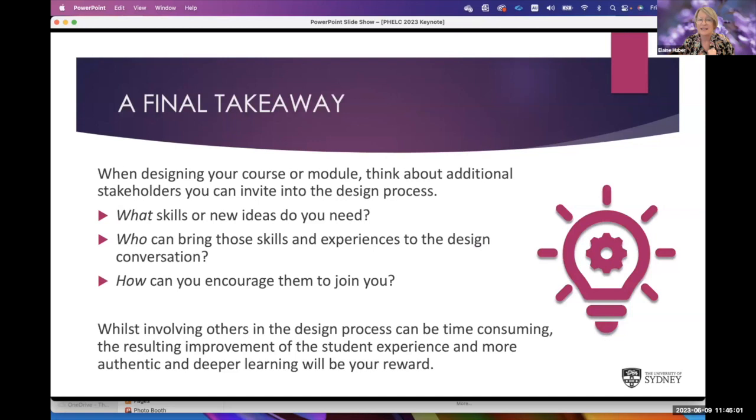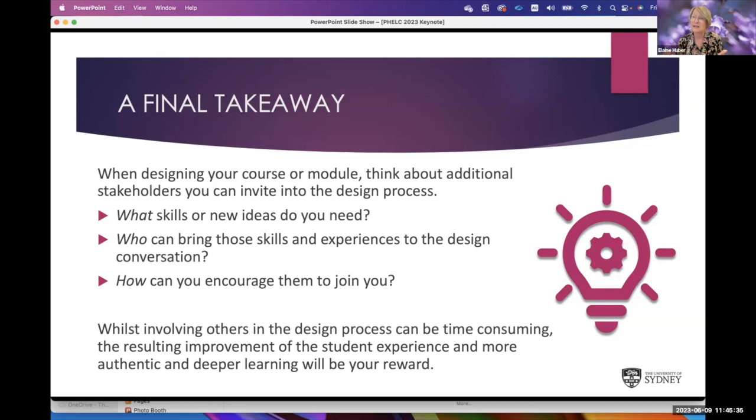So finally, takeaways. If you're thinking about network teaching or co-design, think about what skills you are lacking, what things you might need to help you in this process, and then identify who you know that you could invite into this process. Or could I open it up and ask, I need this kind of skill, or I think I need to do this, or who'd like to come and join me to co-design this together? And think about what might motivate them to be part of that.